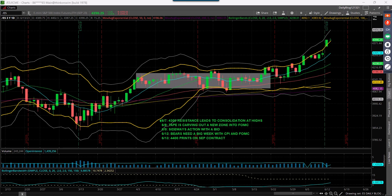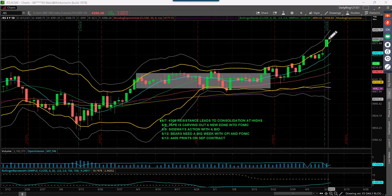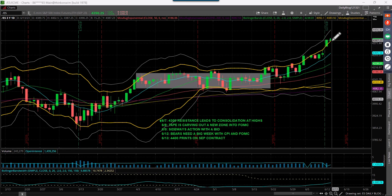All right, so we have shifted into the September contract. You get a little bit of an artificial hop on the continuation chart, and we've gone ahead and printed 44.02 half on the September contract. So a lot of it's a function of the roll into September, but what is not a function of the roll is the